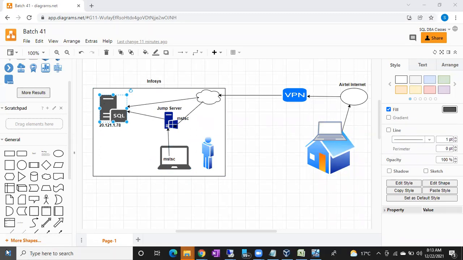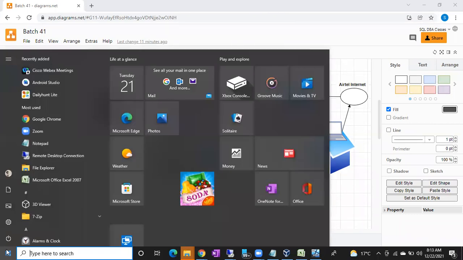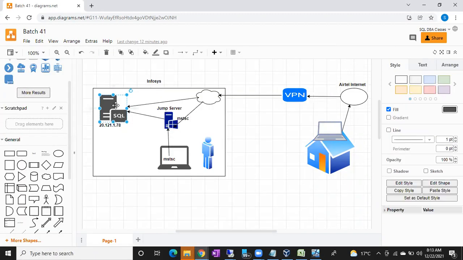Yes, I have one question. Within those SQL servers, some servers will have some interconnection with other servers, right? So is it possible for that server to connect to other servers? That is the organization setup. That might be enabled or disabled. You cannot expect it. That is possible. From this server also you can connect to other servers, but again it depends upon the connections. If the organization has enabled those connections, you can connect, but that is different. That is called a jump server.